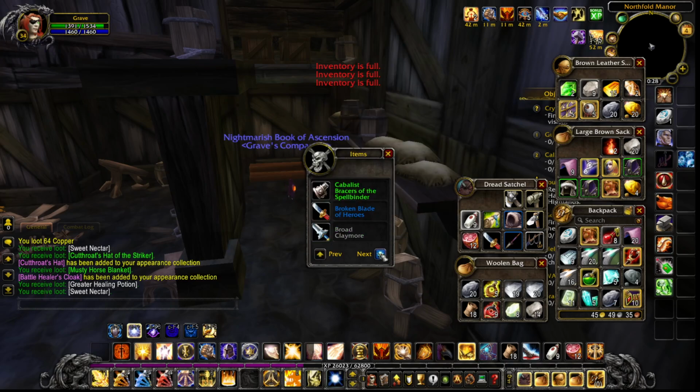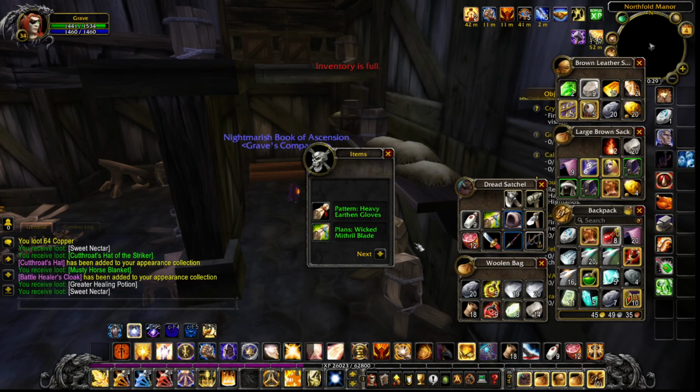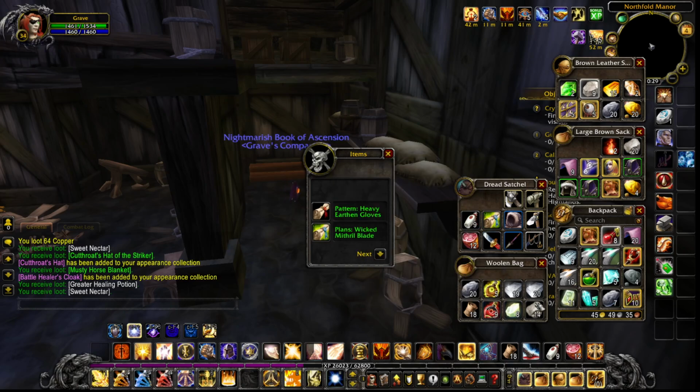Okay, we got a blacksmithing recipe that I'm going to definitely take. Another broken blade of heroes. That's cool. They're one-handers, I think. The blade of the heroes is a one-hander. So, I'll keep it in mind for that reason. If I was a warrior, I would totally have two of them. But,